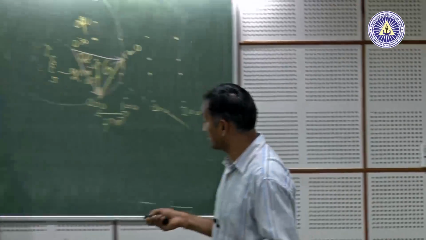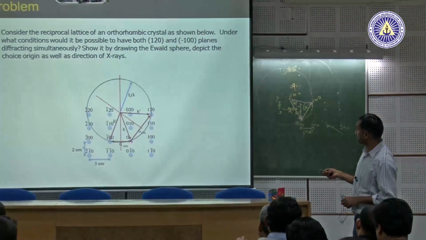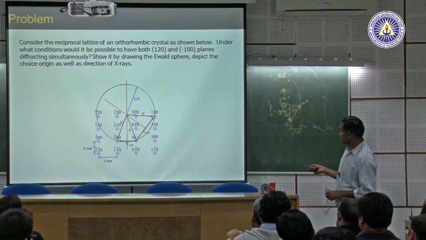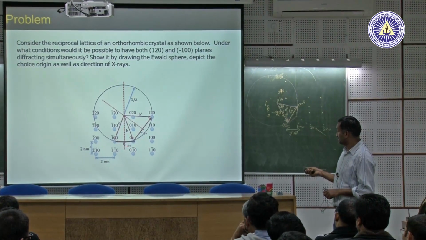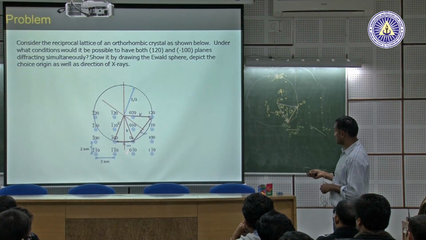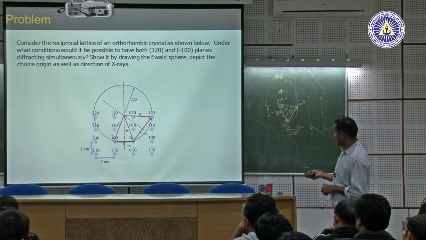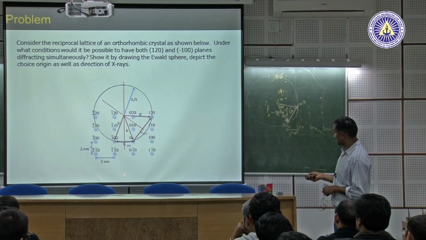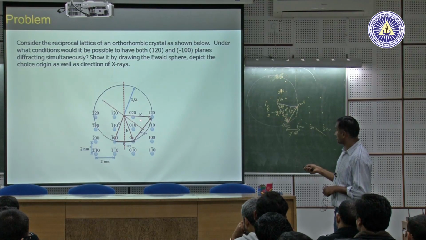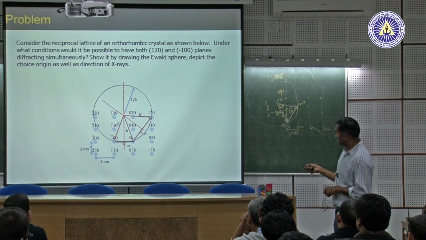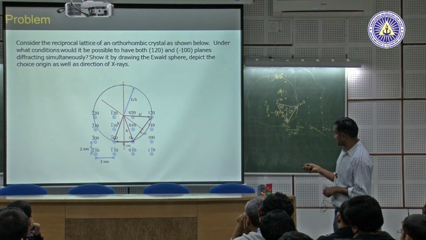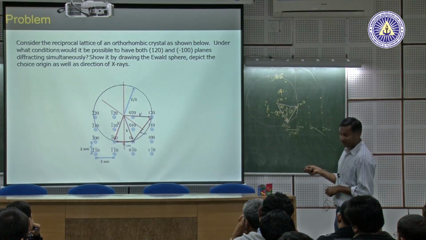So this is the origin of the lattice, the 0 point. I want to diffract the bar 1 0 0 point and the 1 2 0 point simultaneously using the same beam. So what will happen is that you draw a perpendicular bisector to this plane, you draw a perpendicular bisector to this plane, and make both of them merge. So you can say that this will be my incident beam direction,